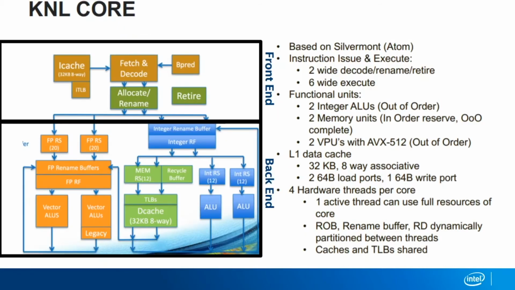So the KNL core itself is based on the Atom Silvermont microarchitecture. It is a pipeline out-of-order processor. We have 2 decode, rename, retire units, and we have 2 vector processing units for AVX512. That essentially means if we don't have any bubbles in the pipeline, every cycle we can execute 2 AVX512